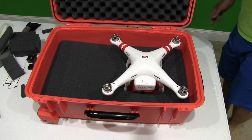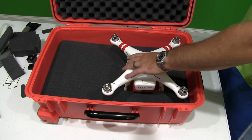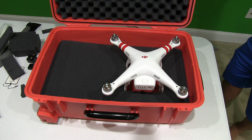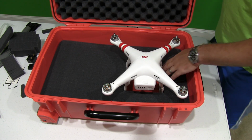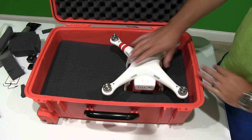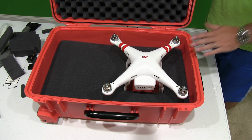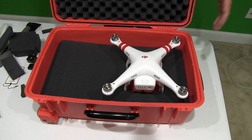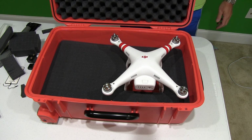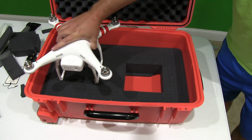Now what we've got to do now is, well, and that's an option. We could just keep it on one layer only if we wanted to, or we could double layer this and make it even more form fitting. And actually that's what I'm going to do. So we've confirmed that this is perfect placement. Like I said, I'm not going to travel with propeller zone, so this is perfect placement for what I want. So since I've established that, I'm going to take this out,